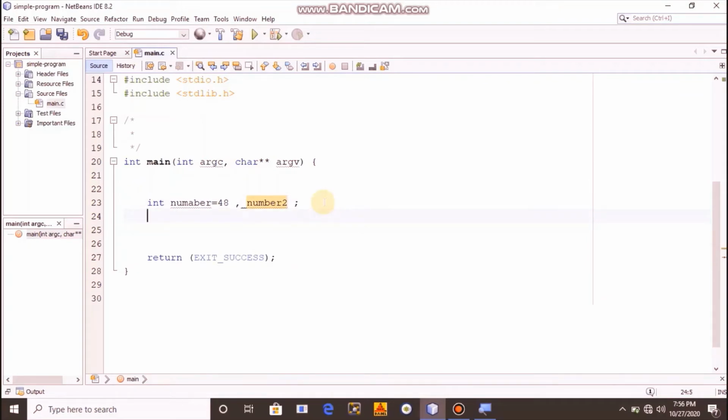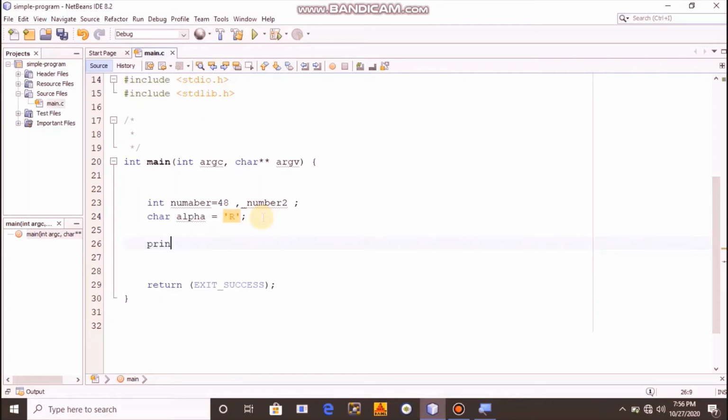Now let's take the variable with the character data type. As it is a keyword for characters, I am giving it any name, like alpha. You can give any name of your choice, and we can initialize it. For characters we have to initialize it by using single quotes. Between these single quotes you can give any letter or space or anything which you want. I am giving it a letter, for example R.